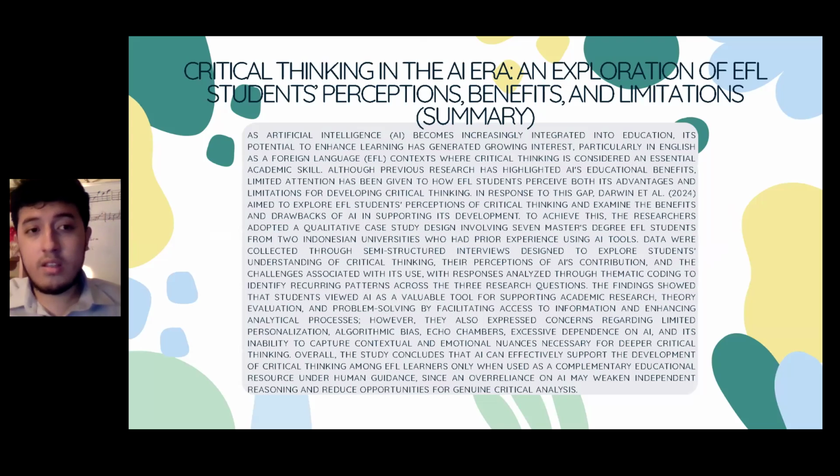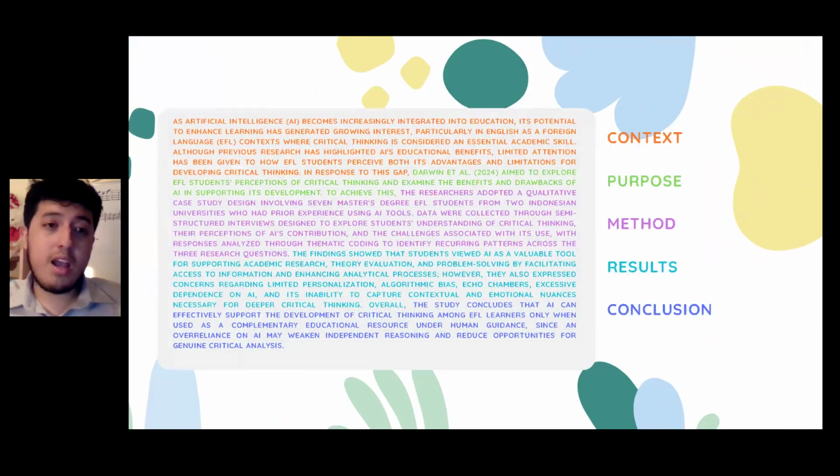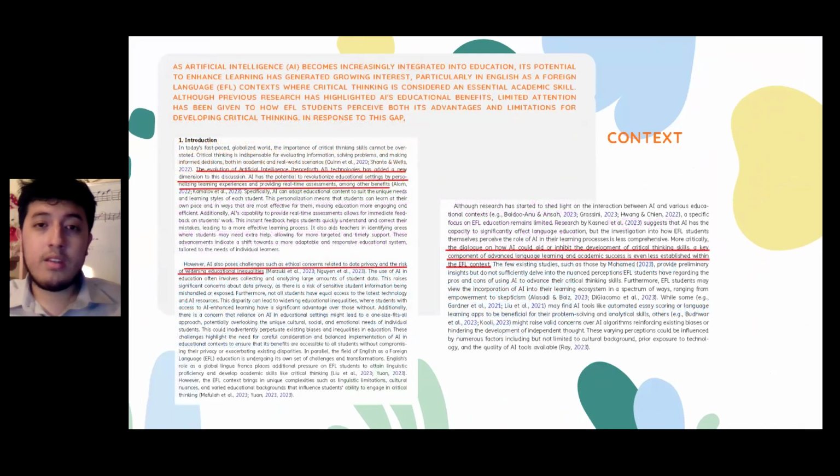In this case, it is from another article, Critical Thinking in the AI Era: An Exploration of EFL Students' Perception, Benefits, and Limitations. This is an article that does the counterpart. So this is the huge part, but this is how we think in order to summarize this. In the same way, the context